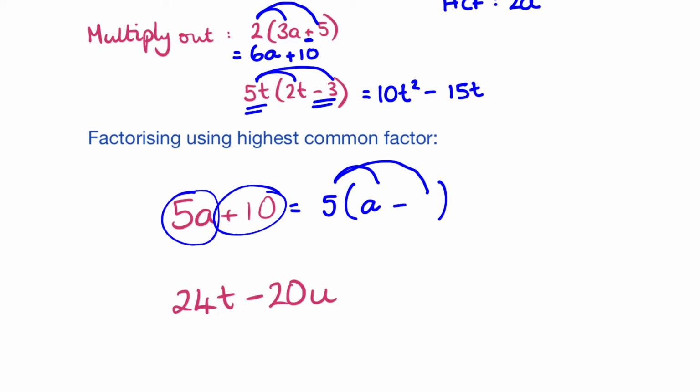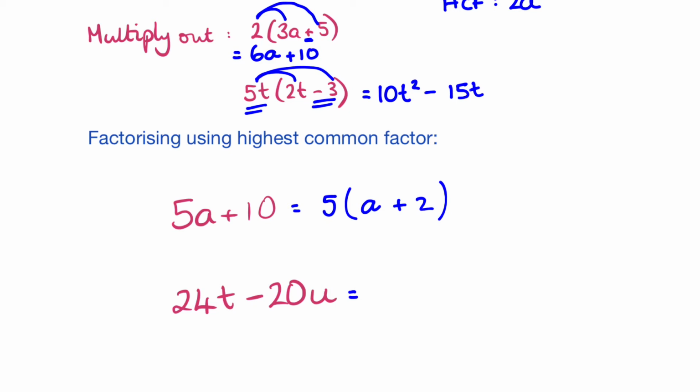So 5 times positive 2 gives us positive 10. So we can say that 5a plus 10, when you factorise it using the highest common factor, you get 5 bracket a plus 2. Okay, and for the next one, we need to look again and see what is the